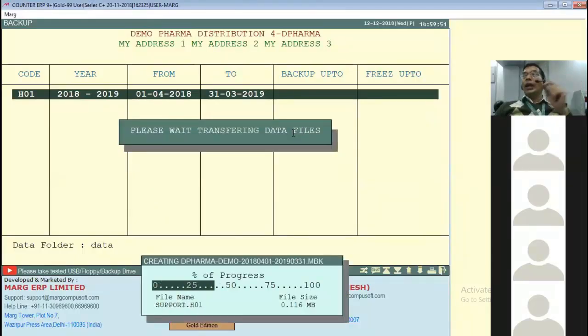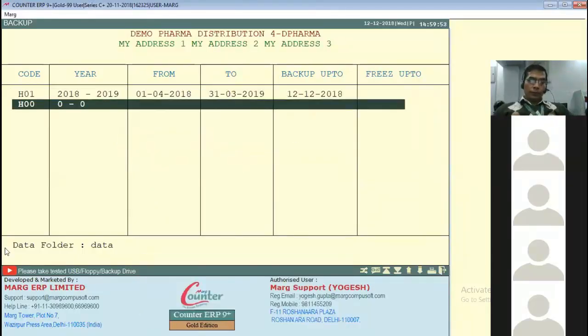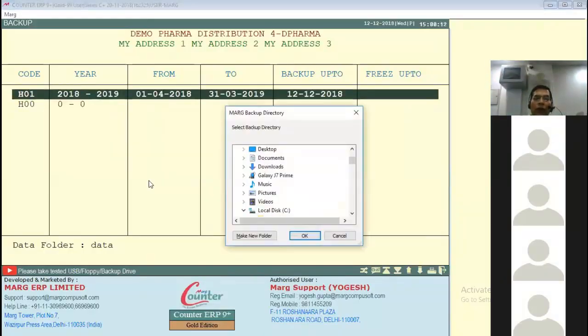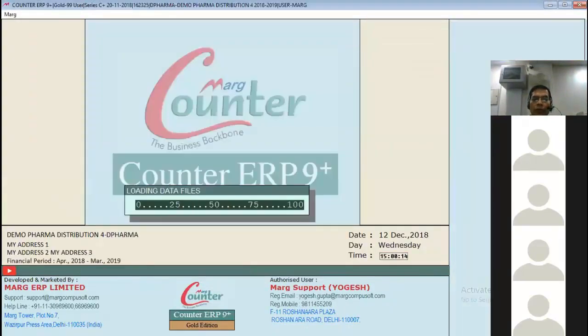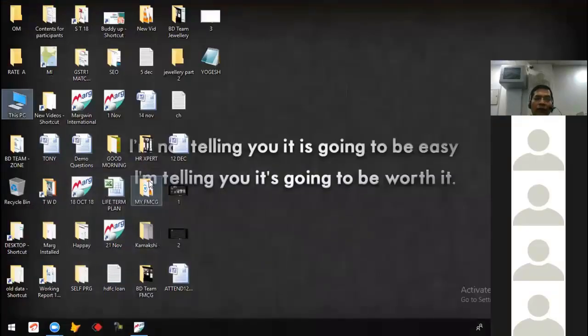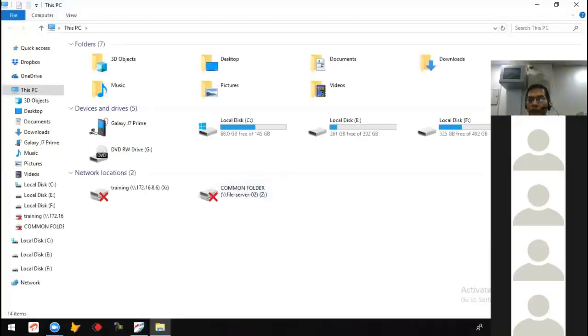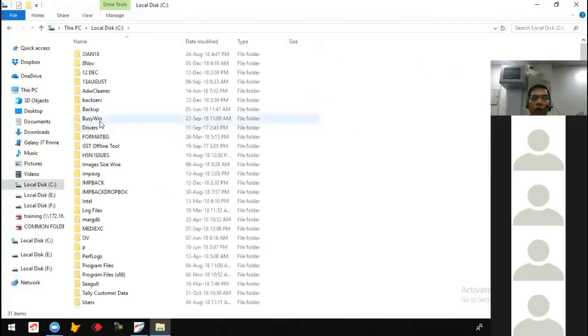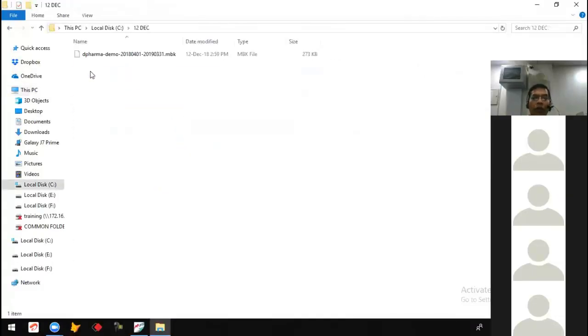Now I'll take the backup. Now, sir, I'll open that file. I see the backup first, C drive. I have one folder called 12 December. Look at that, we got this backup.